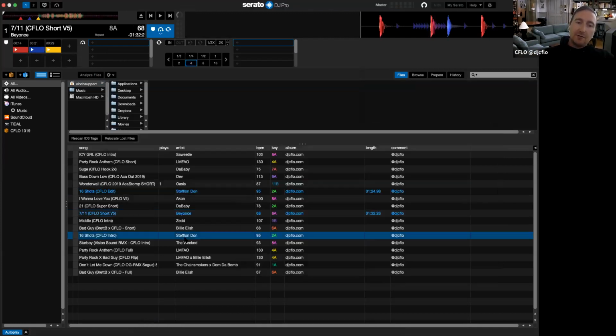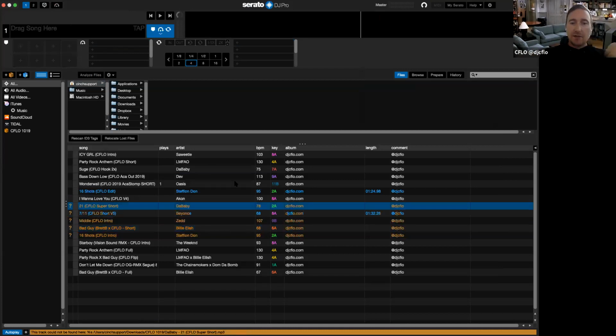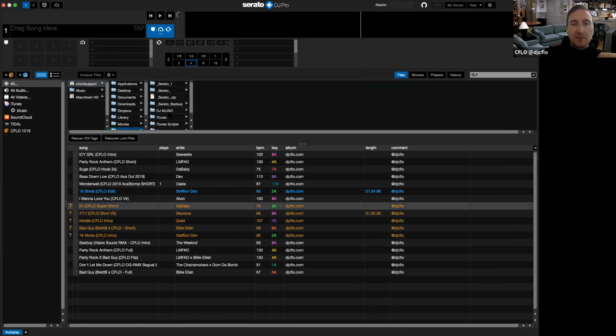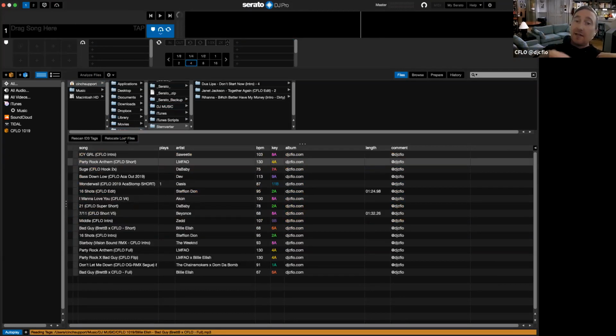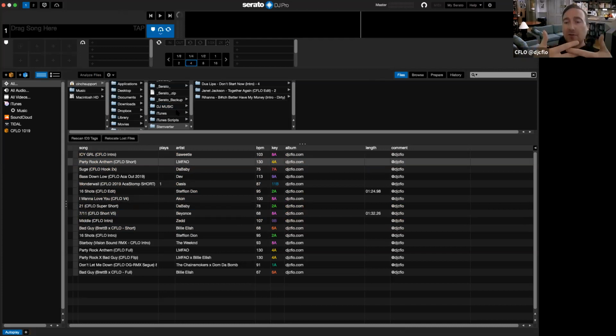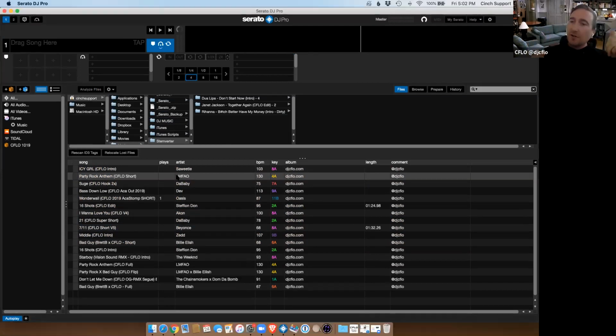Now I can't get to them. Oh no, they're broken. It doesn't work. So you go to the file browser, you navigate over to where you put them. So in music, DJ music, and I just grab the DJ music and I drop it on relocate lost files. It analyzes everything nested in that folder and connects the broken links. So you can move around the files on your computer. And again, you're in charge.